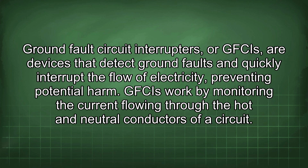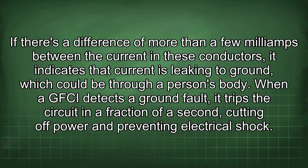potential harm. GFCIs work by monitoring the current flowing through the hot and neutral conductors of a circuit. If there's a difference of more than a few milliamps between the current in these conductors, it indicates that current is leaking to ground, which could be through a person's body. When a GFCI detects a ground fault, it trips the circuit in a fraction of a second, cutting off power